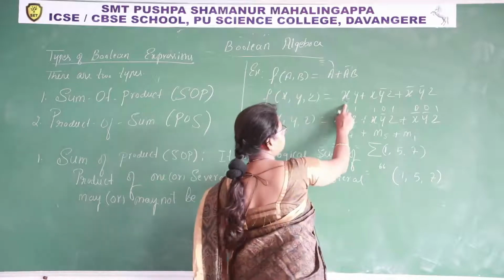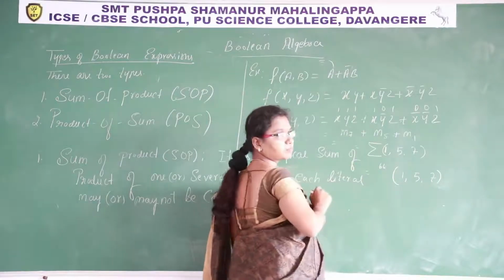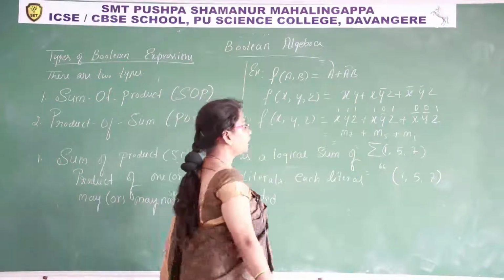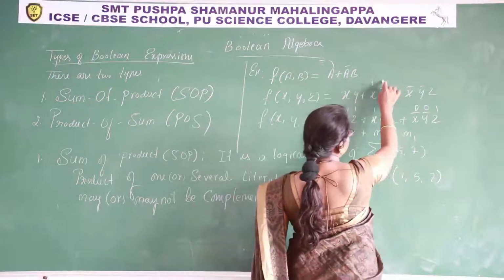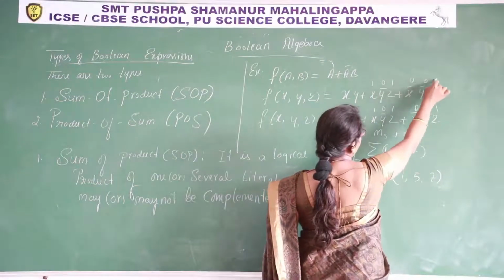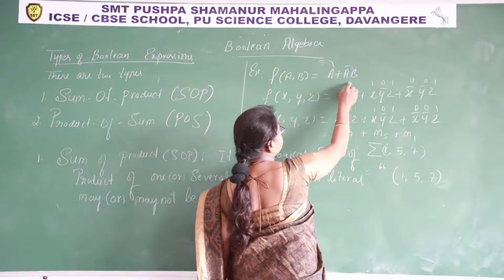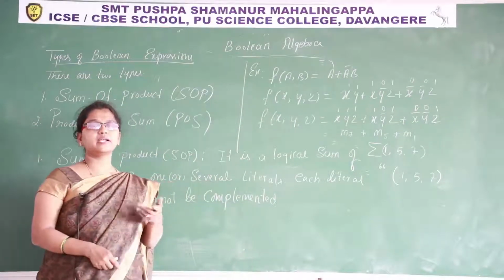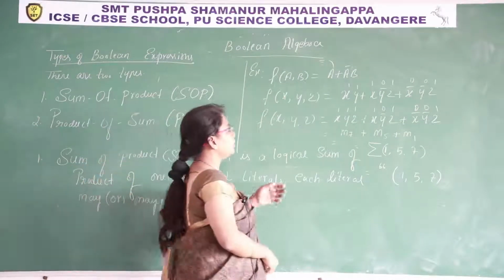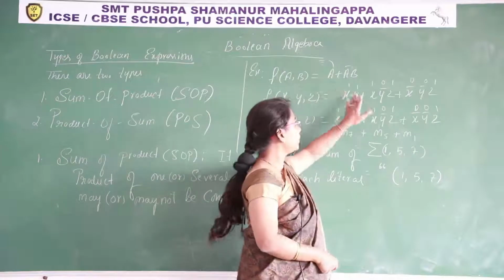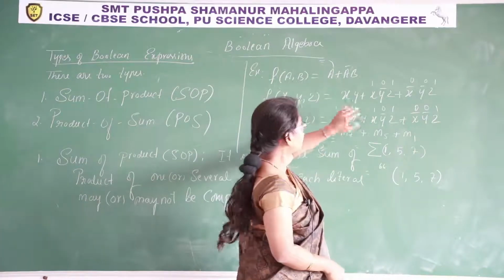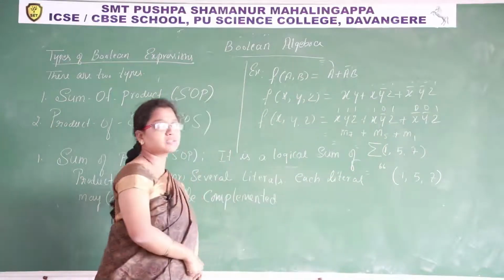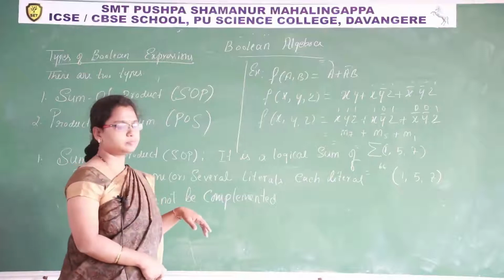See, consider this example. Here one variable is missing. In these two sub-expressions, all variables or all literals are there. I can write the min term 1, 0, 1 and 0, 0, 1. Here for x and y I can write 1, 1. But for z, I may consider z as z or z bar. So we cannot predict the value here. That's why it is not a canonical expression. We cannot write min terms for this expression. In order to write min terms, it must be a canonical expression.